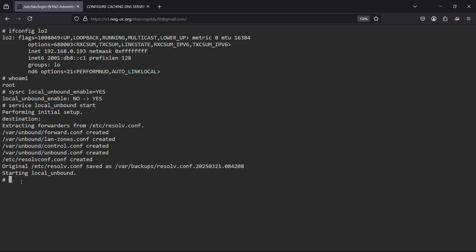We need to open this file by using vim, then slash. You write this path just as it is up to here: var, then unbound, then unbound.conf, then I hit enter. They are telling me that vim is not found, so I need to install it first. Allow me to clear the screen. So I need to do pkg install vim, then I hit enter,